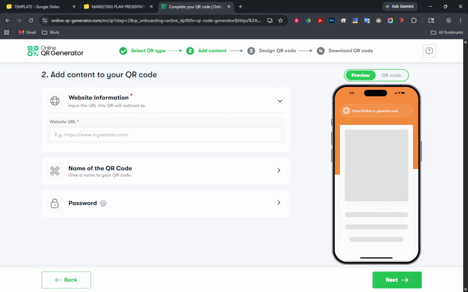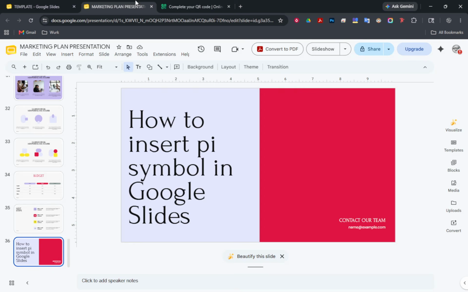Now place that image into your slide. Open Google Slides, load your presentation, and go to Insert, then Image, then Upload from computer. Select the QR image you just saved. It will drop onto your slide so you can move it to the corner, center it, or align it with other elements. Drag from a corner handle to resize while keeping it square.